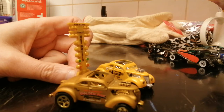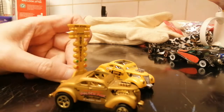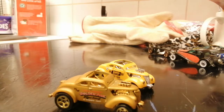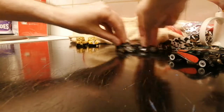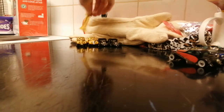I've got the blue, what is it called? It's the one that would have been a treasure. It would have been a super treasure hunt. I've got the basic version of that. Passion Gasser, I forget what it's actually based on, but again, that's a nice car. So we'll start stacking these up behind, and we'll go to our next fella,